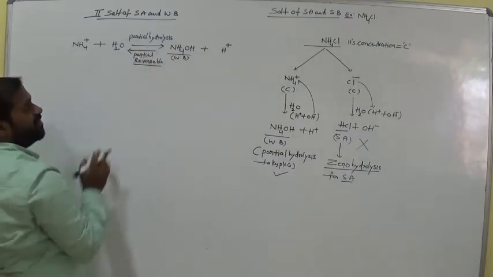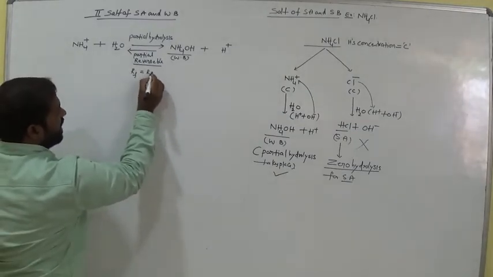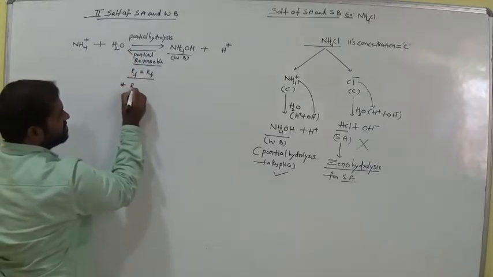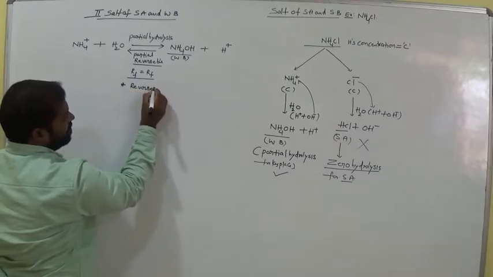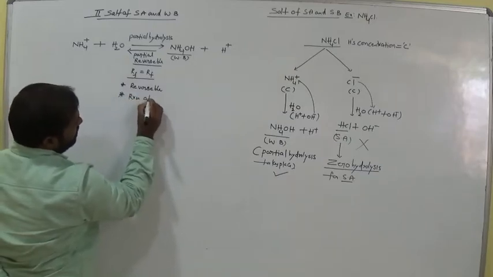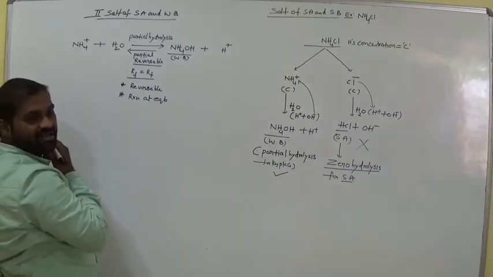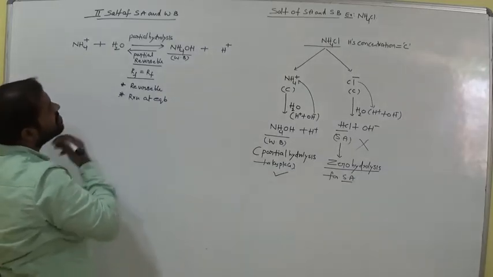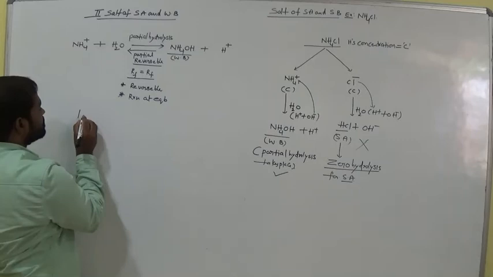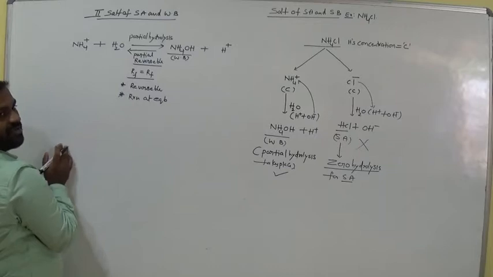Now, it is at equilibrium, am I right? Here the rate of forward reaction is equal to the rate of backward reaction. It is reversible, and the above reaction is reversible. Reversible means the reaction is at equilibrium, am I right? Reversible means the reaction is at equilibrium, clearly. So now this is the equilibrium condition. Now how to write the equilibrium expression?